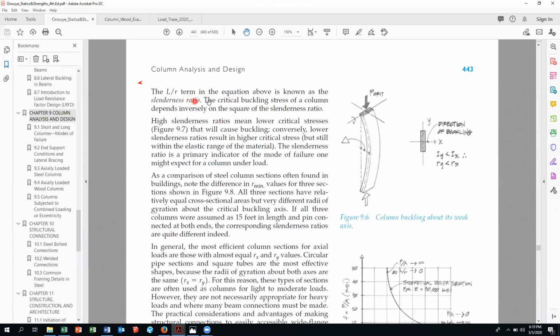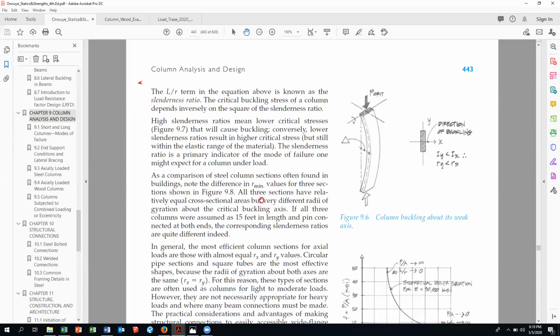And the L over R in the equation is known, we talked about the slenderness ratio. The critical buckling stress of a column depends inversely on the square of that slenderness ratio. And the L over R, the length, and the R, that's the minimum